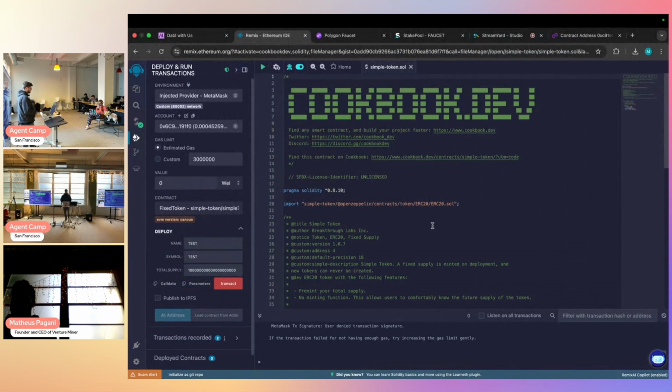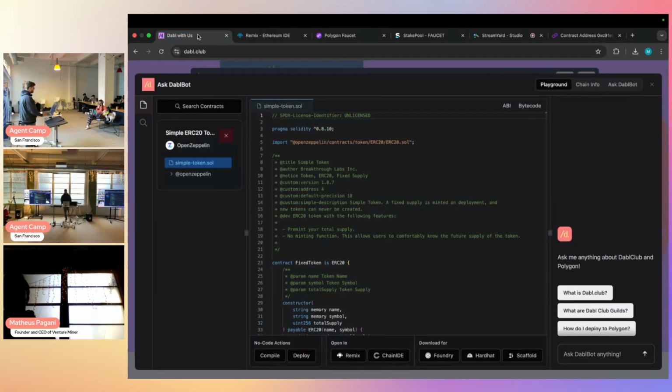If you guys do have testnet tokens, you essentially transact the same way as you would in the playground. Pay your gas fee, and then you have a token deployed on Polygon in a different method, and with something that's a little bit more customizable. So I definitely encourage everybody who's watching to give it a shot. Get your first deployment if you haven't deployed to Polygon before. If you've never deployed a smart contract before, this is a very quick and easy way to do it for free, right on the Dabl Club website.